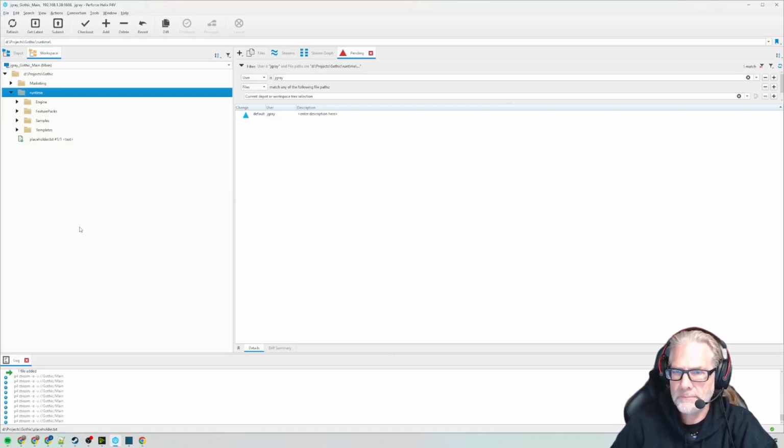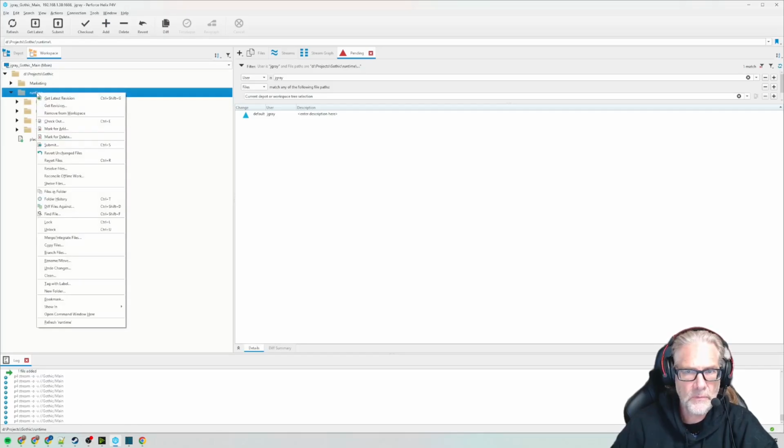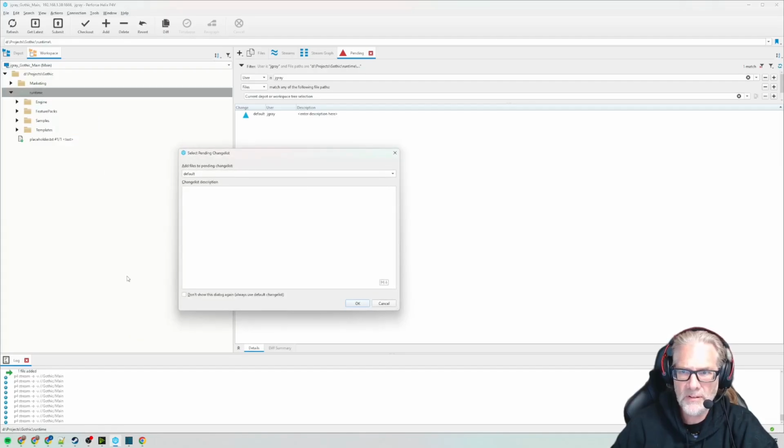So what I'm going to do now is I'm in Perforce here. I am going to basically right click runtime and do mark for add. I hesitate to do this because it's going to be so many files. Let's just see what happens. It's probably just going to be crazy. But